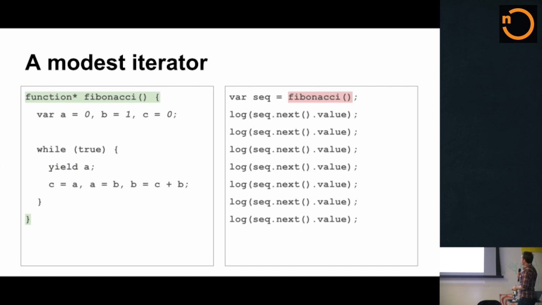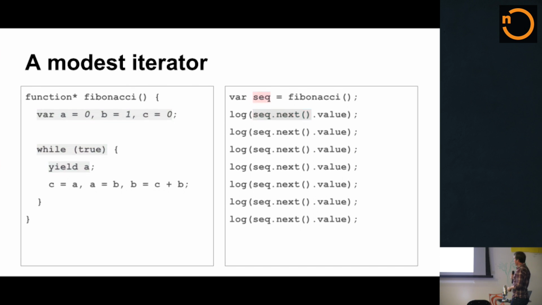OK, so first thing we're going to do, we're going to invoke our generator function. That is going to return a generator object, which we're going to store in this variable seq. That has not executed the body. We haven't started executing the code in the function body yet. We just initialized this generator function. Now we have a hook to this thing called a generator object.